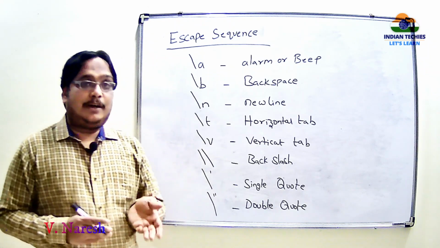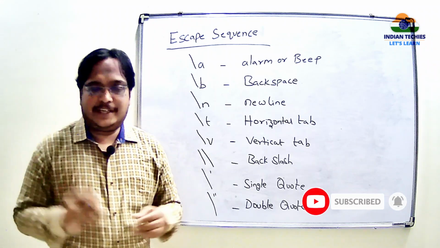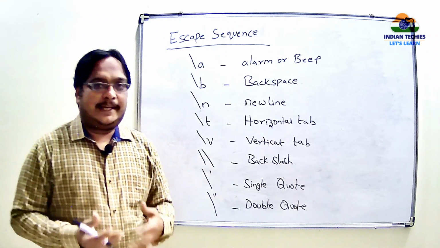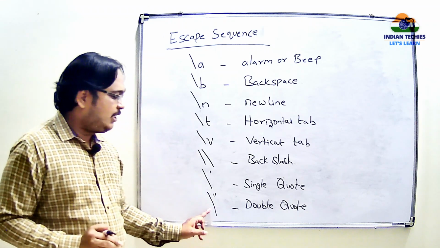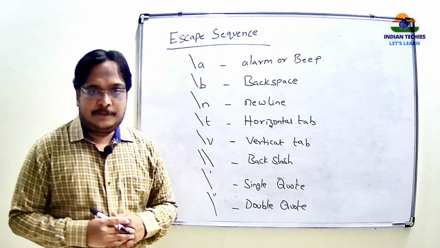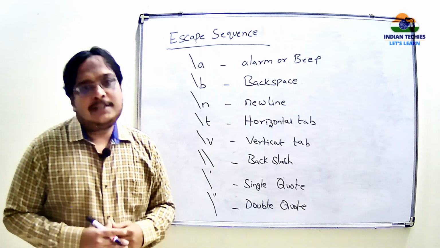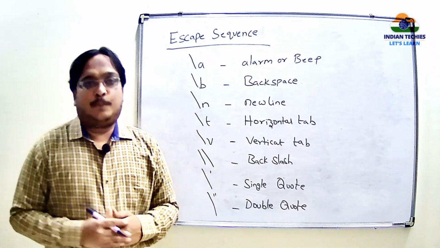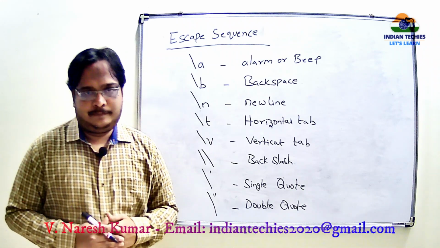If you want to print it on the screen, there is a particular meaning for double quotes in printing statements and in scanf or other statements. That's why you cannot use them directly. So if you want to display double quotes on the screen, you have to use a backslash followed by double quotes. Single quotes means a backslash followed by single quotes. All these escape sequence characters can be used in printing statements as per your alignment on the screen for output clarity. That is about escape sequence characters.